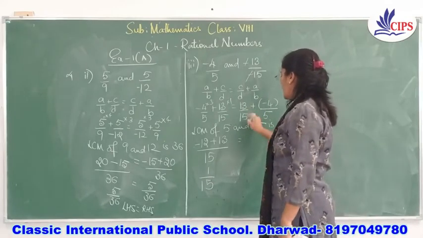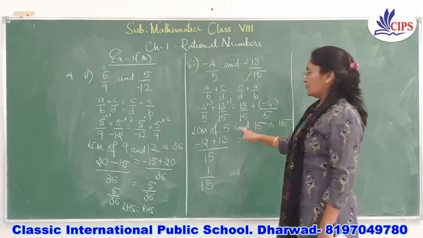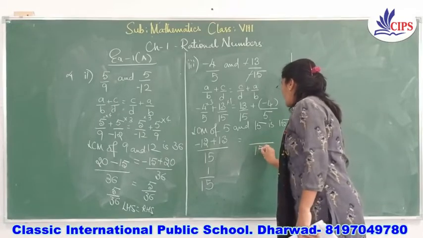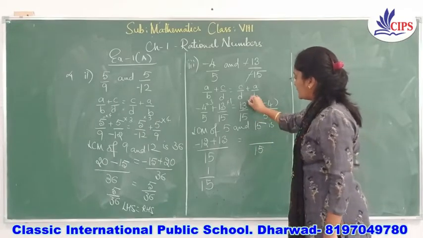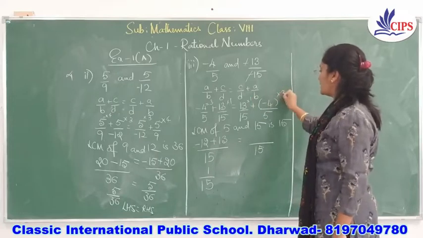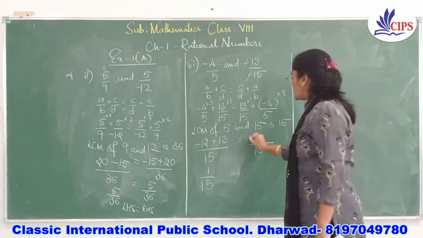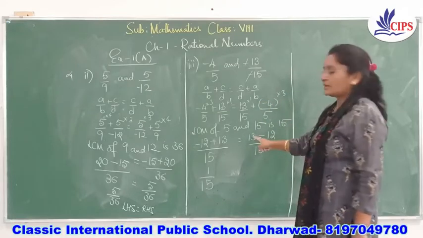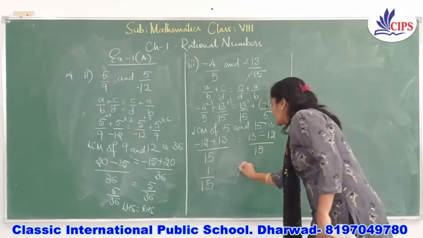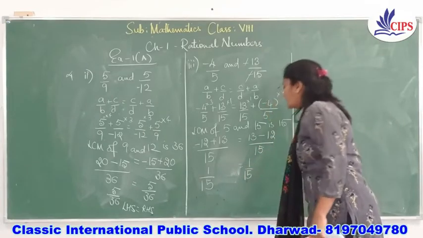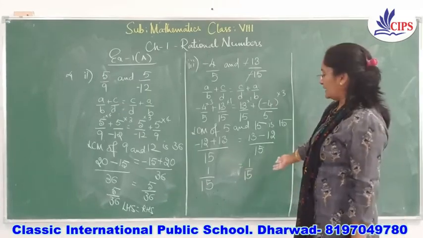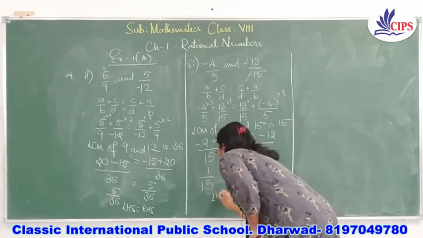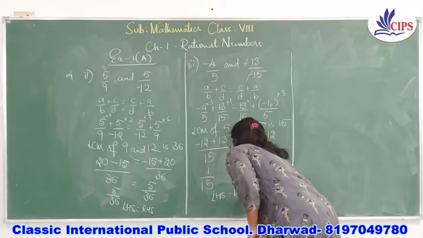So here we have 13 by 15 and minus 4 by 5. We already know the LCM of 5 and 15, that is 15 only. So I'll write 15 common for both. 15 ones is 15, I'll multiply 1, and 5 threes is 15, I'll multiply 3. So 13 ones is 13, plus into minus is minus, 4 threes is 12. What is 13 minus 12? 13 minus 12 is 1. So here we get 1 by 15. Again we have verified that LHS is equal to RHS and it satisfies the commutative property.